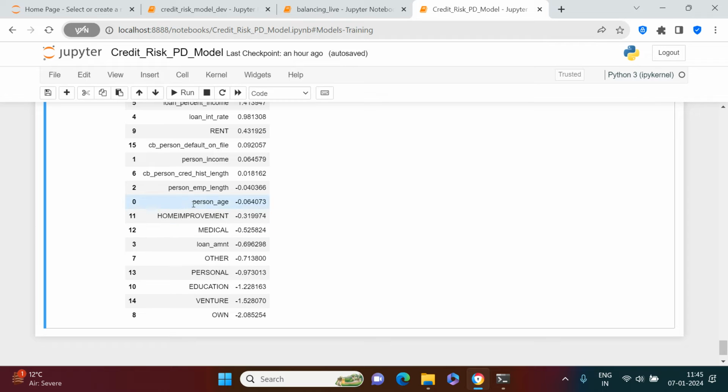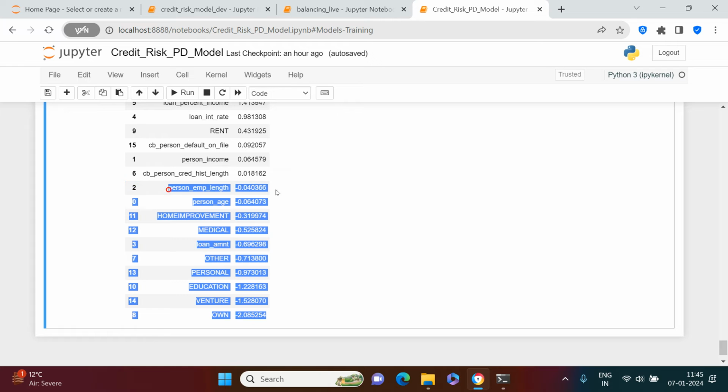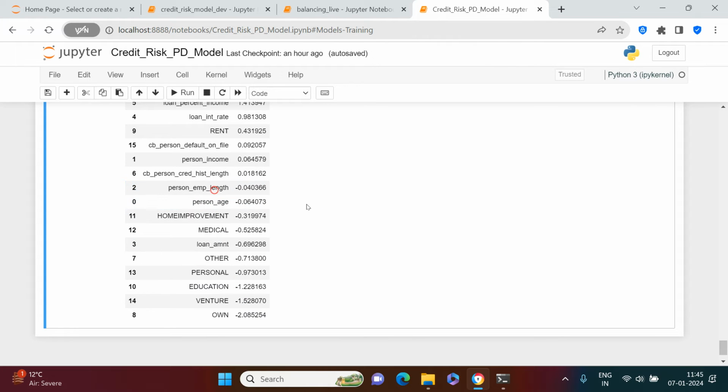What can be ignored is this. Person employment length, person age is something which you see is not adding much value. Credit history length, you see it is just 0.018. This is something which is not adding much value, so we can think of dropping this feature, but for now